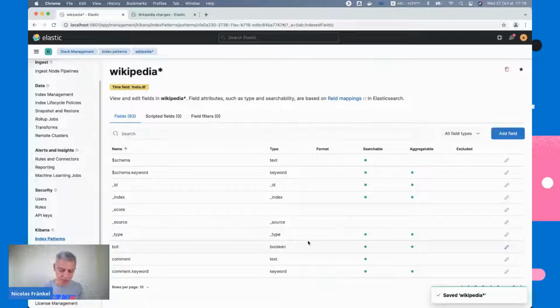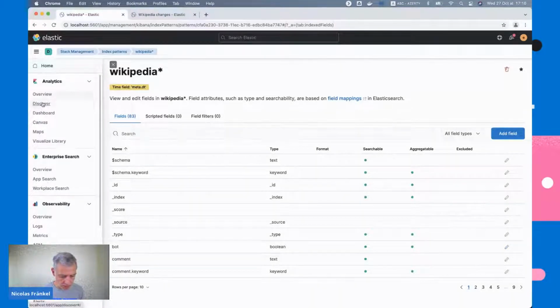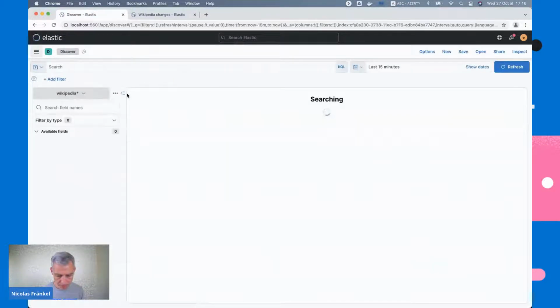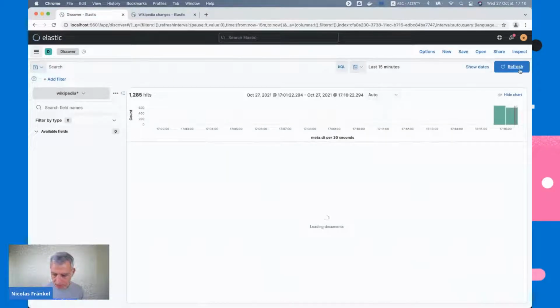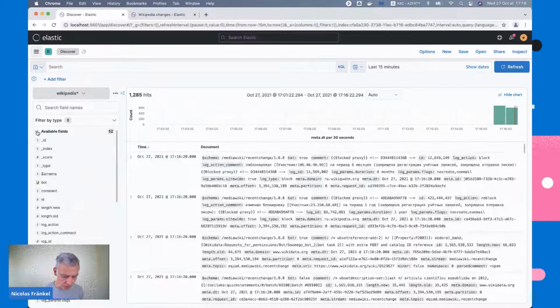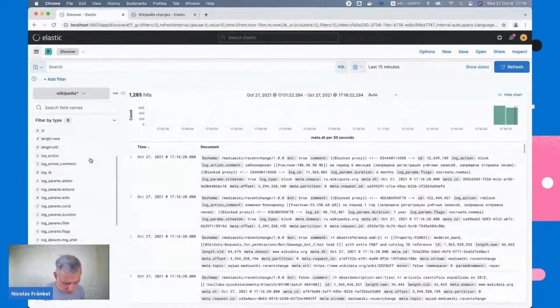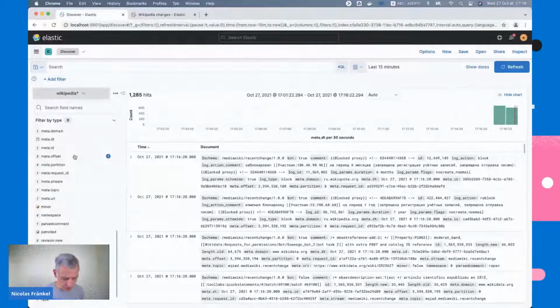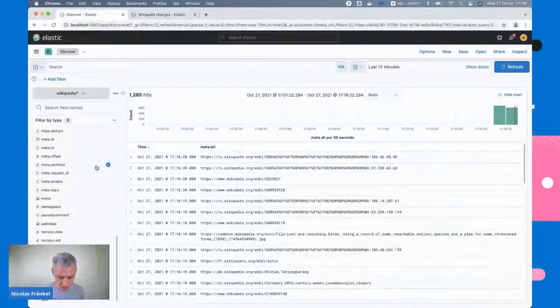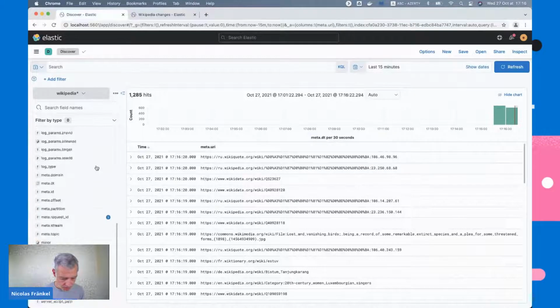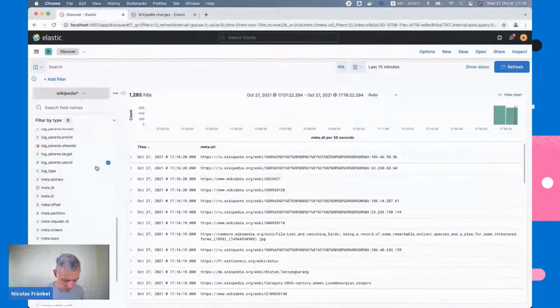And now the schema has been inferred from the first requests, and we can go to Discover, and we've got some data already, and we've got fields. So what is interesting to me, for example, is the meta URI. Something interesting also is, let's say, the user.